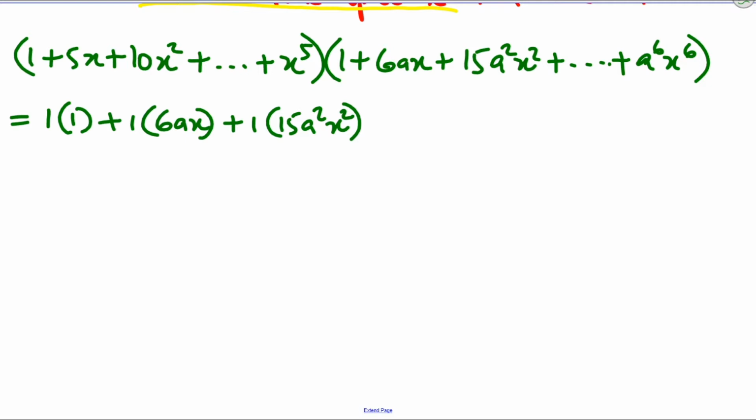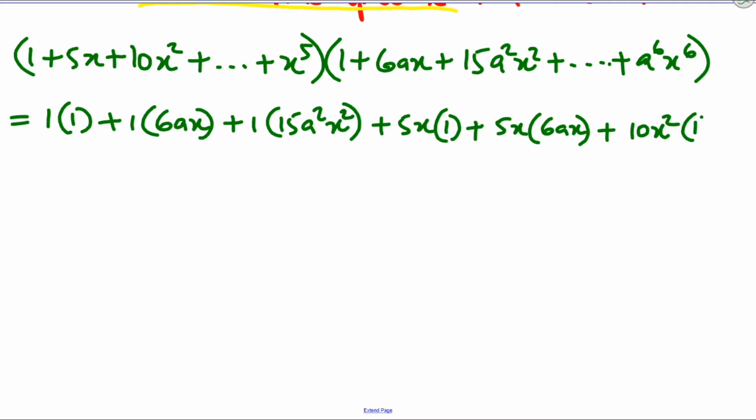Now move to the next term, which is 5x. So 5x multiplied by 1, plus 5x multiplied by 6ax, plus 10x squared multiplied by 1, plus, of course, you'll have other terms in between, and the last term will just be x to the power 5 multiplied by a to the power 6 x to the power 6. Okay, now if you simplify this, you'll end up with